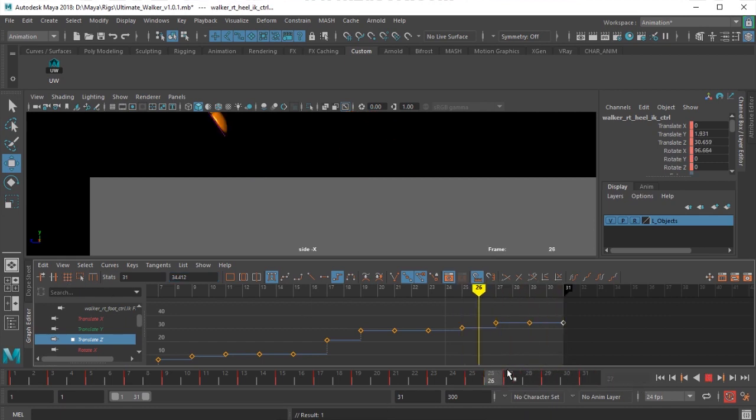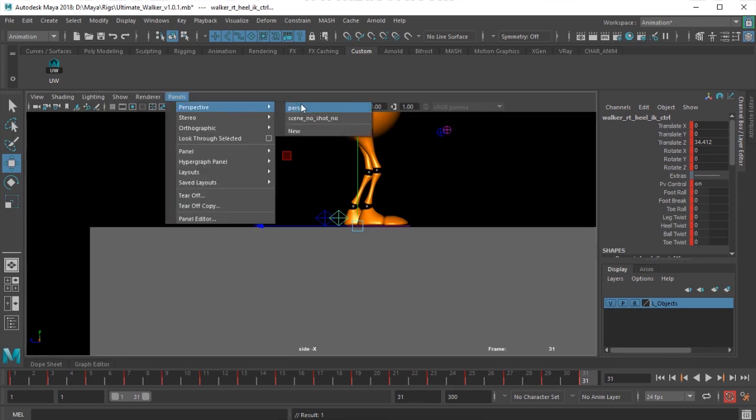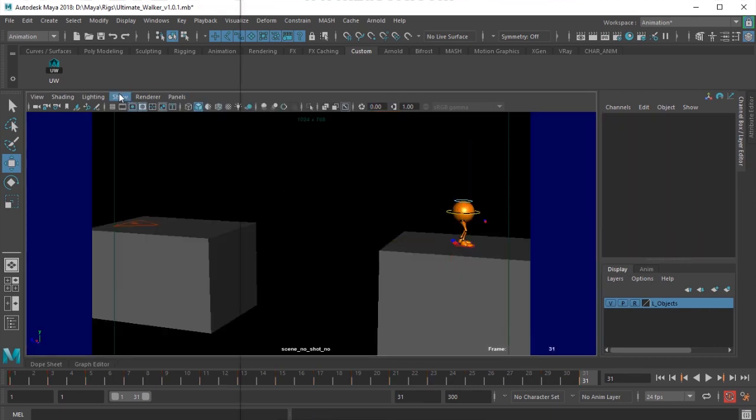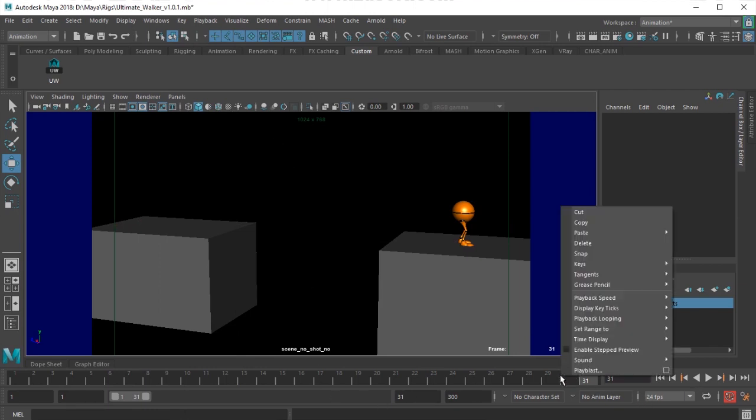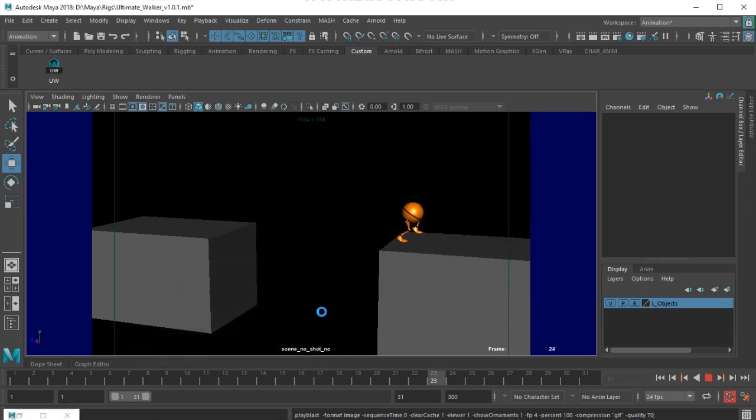So it will stay there only. Whatever the translation Z value is on 27, it should be there on 29th and also 31. So that's what I want to do here. So I just go to this camera and then do a quick playblast.